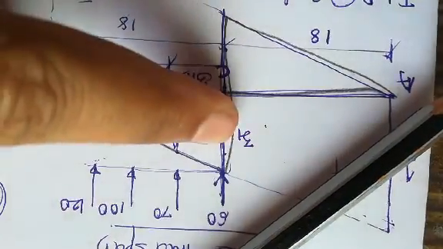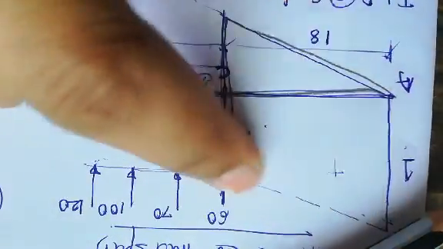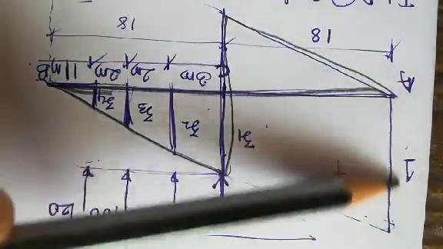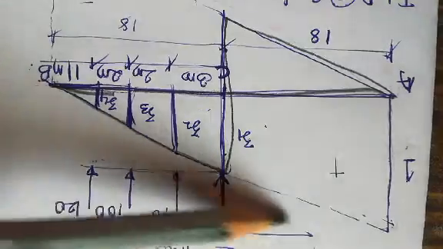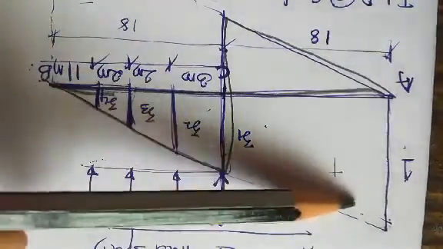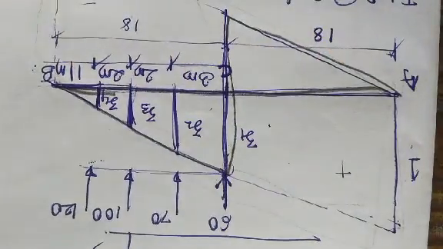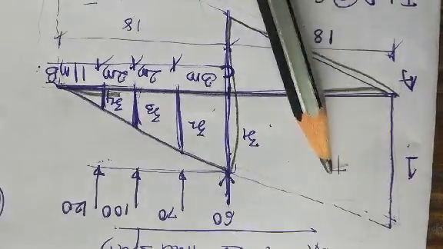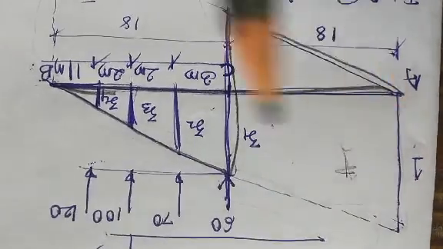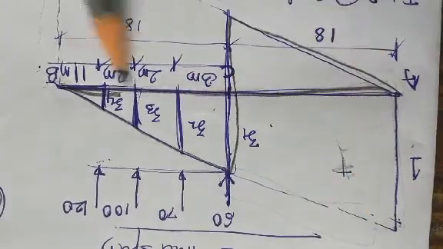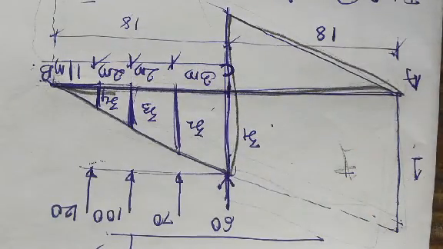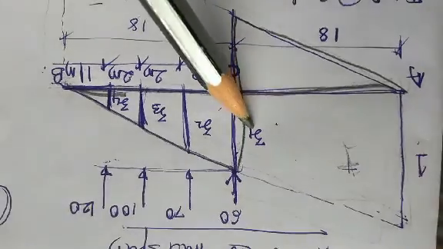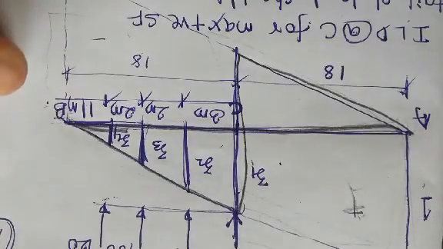Now to get Z1, I have to have some maximum ordinate. So I have extended this, and the upper part, as you know, is the reaction RA influence line diagram, and the lower part is the reaction RB influence line diagram. Now reaction RA is positive, so we are going to use the upper section of the influence line diagram and calculate for Z1, Z2, Z3 and Z4.